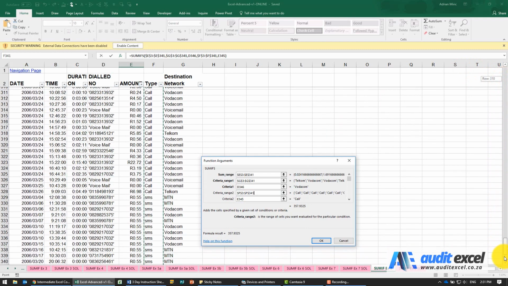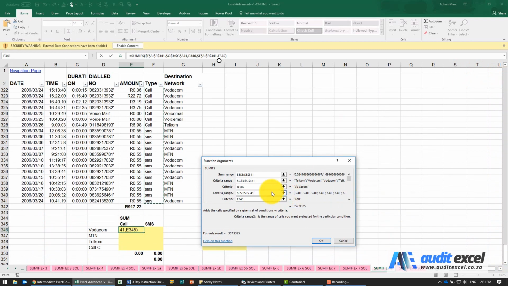Now we could click OK now, but let's just investigate the dollar signs. So the sum range, we're happy it must always look there. Criteria range, so when we're looking at D36, it must always look at that column. I'm happy with that. But because I'm about to copy it across, I'm going to put a dollar sign in front of the D. So it doesn't matter where this goes, it must always look at column D for the name of the destination network.